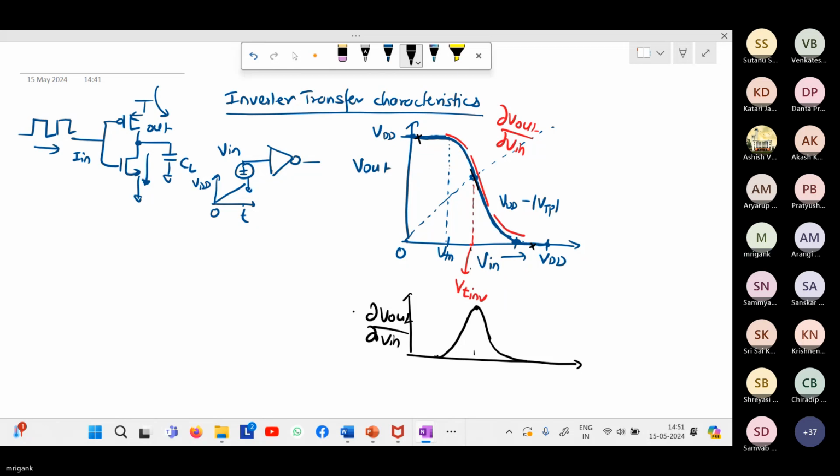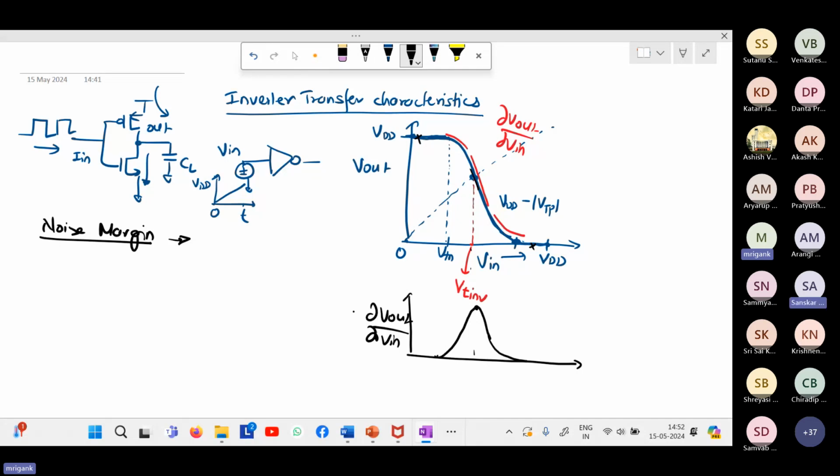Now for digital circuits, we have the concept of noise margin. We already know, at least conceptually, that digital circuits have bigger noise margin. So what gives that noise margin? What is responsible for that bigger noise margin in this case? How do we define the noise margin? There are two definitions of noise margin. There is a low to high transition and a high to low transition.